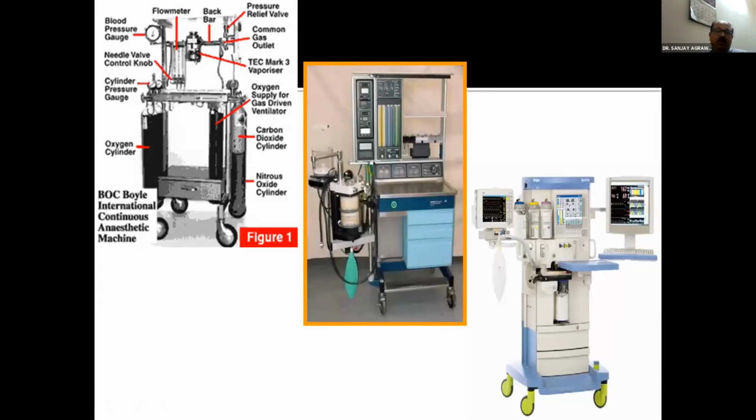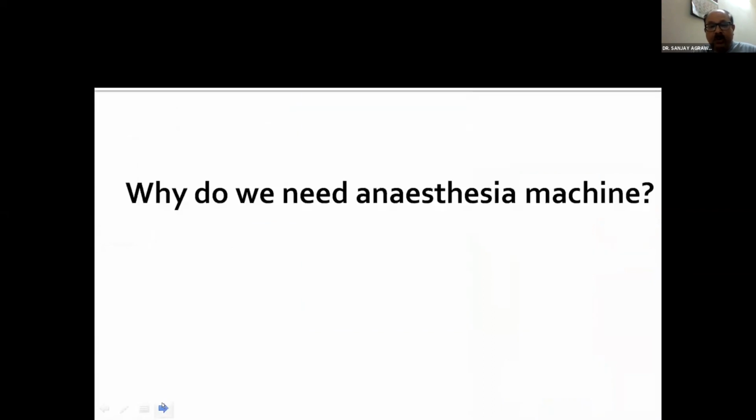So we have evolved over a period of time, right from the time when we were using a Boyle's F machine or a Boyle's basic machine. Then we came down to the present era where we are using advanced anesthesia workstations, and in between there were those machines which had a few components of the basic Boyle's and a few components of the advanced workstation. So this is the evolution of anesthesia machines over a period of time that we have all seen.